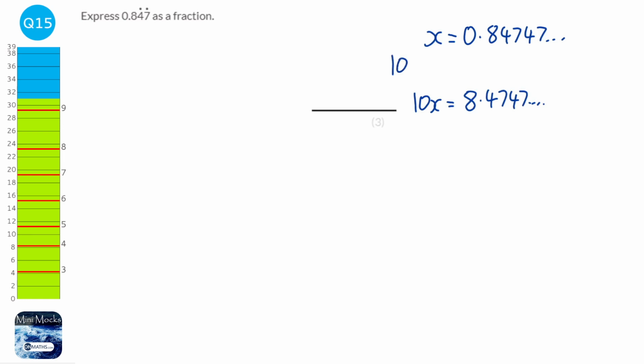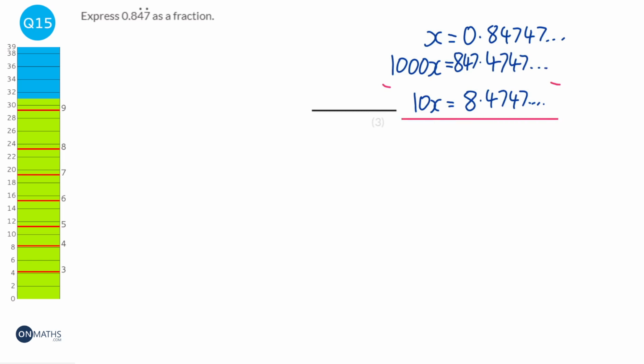So we're going to times it by 1,000. We'll find out 1,000x, and so it'd be 847.4747, etc., etc. Next, I'm going to take away everything. So 1000x take away 10x, and that's going to be